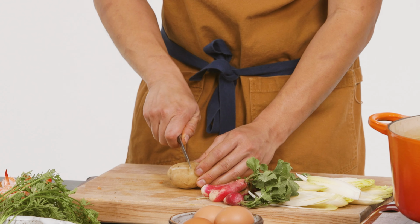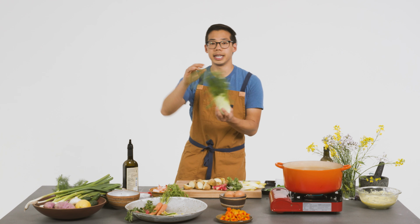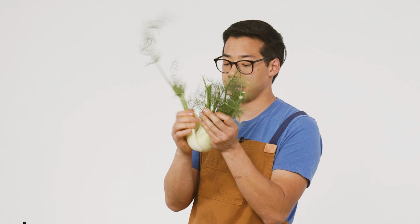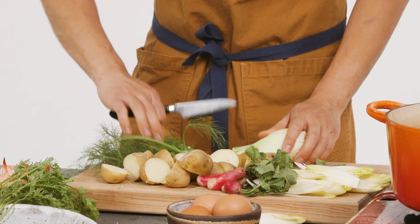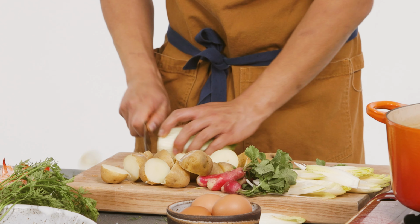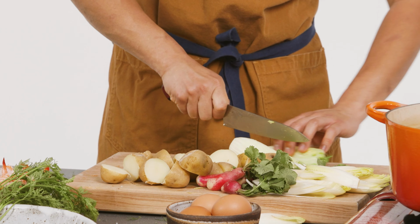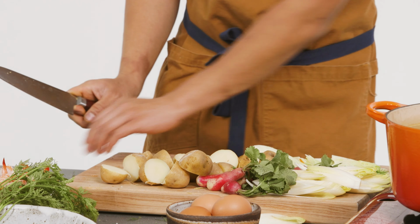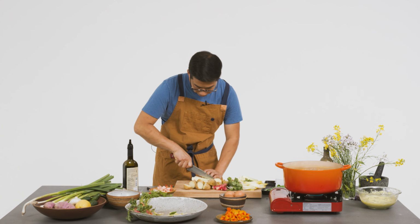Potatoes, really tasty. I'm just gonna cut these in half. Fennel, really tasty bulb, originally from the Mediterranean. The leaf is just a little too tough, so I'm gonna remove that. I'm gonna cut the tops off, and then cut the end, and then cut it in half and then in wedges, making sure to leave some of the core attached so the vegetable stays together. These could be blanched too, but I kind of like the crunchiness of raw fennel for